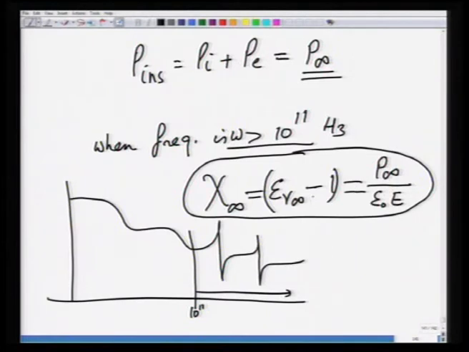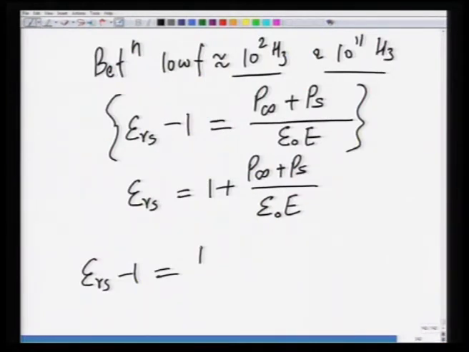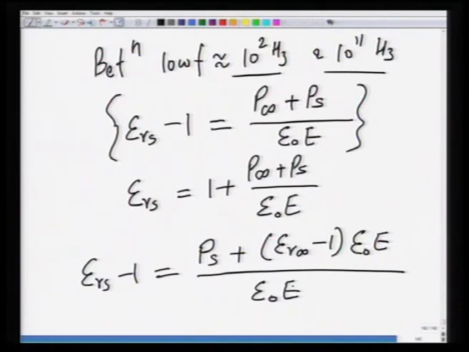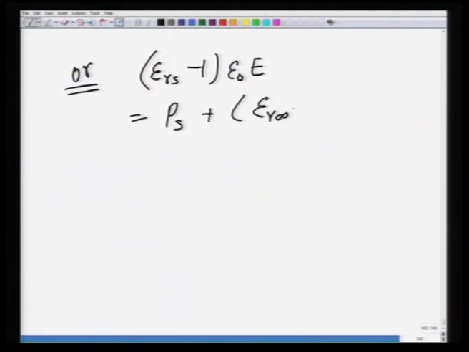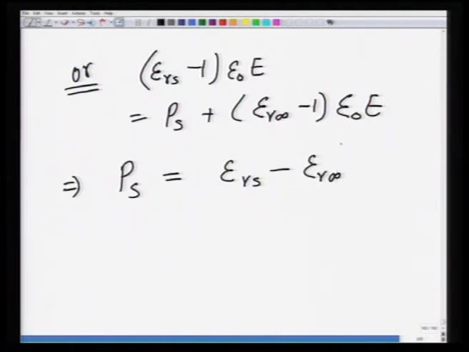P infinity would be epsilon r infinity minus 1 multiplied by epsilon naught E. So, if we replace this P infinity in the next equation, we get P s plus epsilon r infinity minus 1 multiplied by epsilon naught E, divided by epsilon naught E. Or, epsilon r s minus 1 into epsilon naught E is equal to P s plus epsilon r infinity minus 1 into epsilon naught E. So, this gives rise to the value of P s, which is epsilon r s minus epsilon r infinity